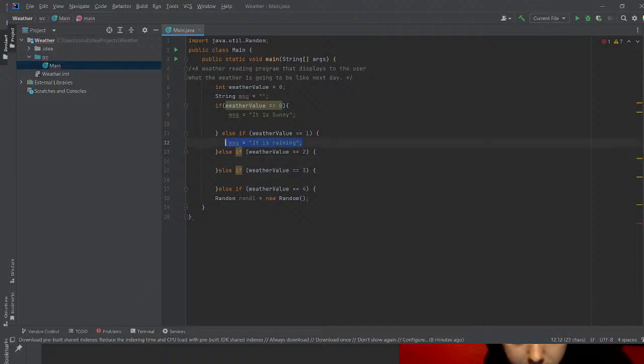Let's copy and paste this. Next one will be, there is a storm. Other could be, it is windy. Or in the last one, it could be,